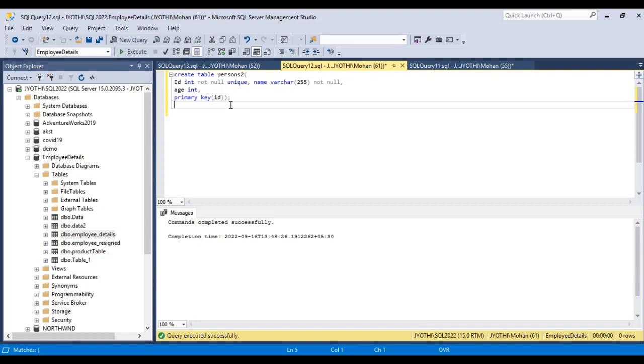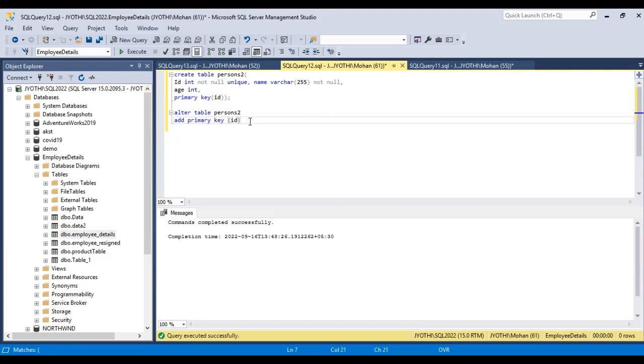To create a primary key constraint on the ID column when the table is already created, we have to use the alter statement: alter table persons2 add primary key on ID.